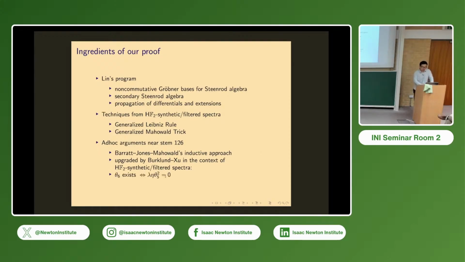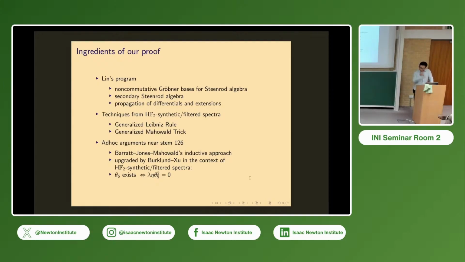We can show that theta 6 exists if and only if this relation is 0. So theta 5 is the element in dimension 62. Eta is the first half map. Lambda is a parameter in this HF2 synthetic spectrum, also a homotopy class. So if this relation is 0, so this is essentially the non-homotopy. It's something supposed to be killed, suppose theta 6 should kill, but if it's already 0, then theta 6 is